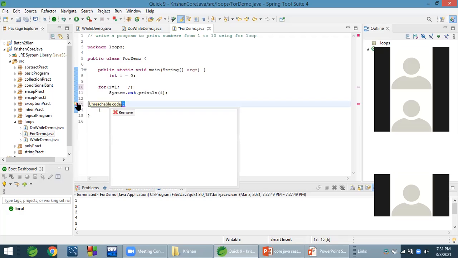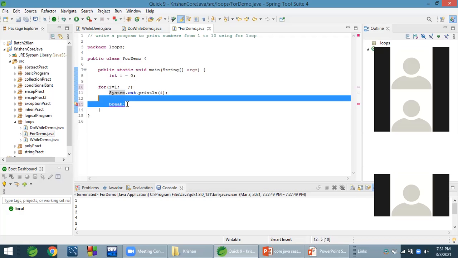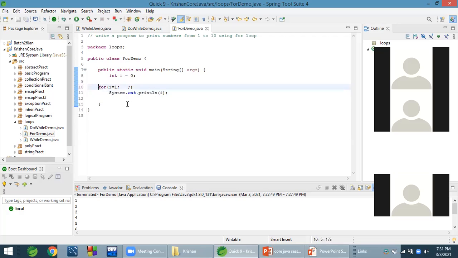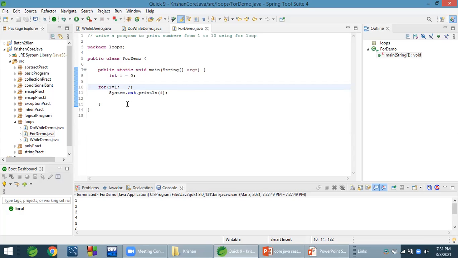Okay. And if accidentally I write a program that went into an infinite loop, how can I stop the program? Like Control C in Unix. I'll show you. If i equals 1 and no condition, no increment, then it will print 1 continuously. Let us see what happens.